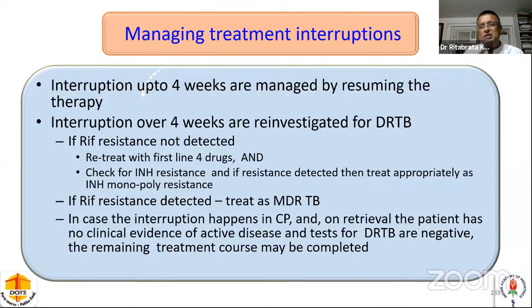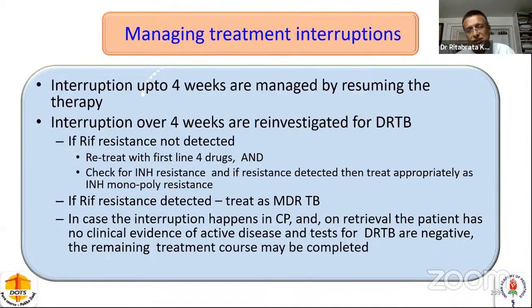But if the interruption is over 4 weeks, then in all cases you have to reinvestigate whether the child is suffering from drug-resistant TB. So more than 4 weeks of interruption should be reinvestigated for whether the child has developed drug-resistant TB. On reinvestigation, if rifampicin resistance is not detected, then retreat as a new case with first line 4 drugs. And not only that, you have to check whether the child has developed any INH resistance. And how do you do this? You do it by